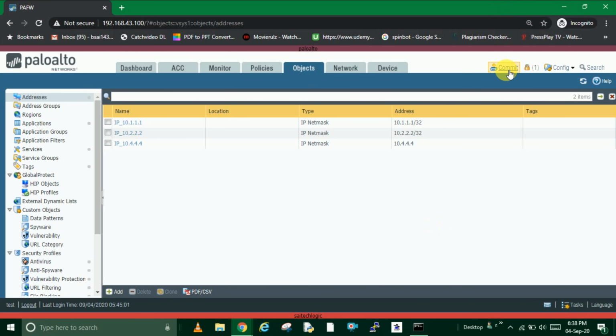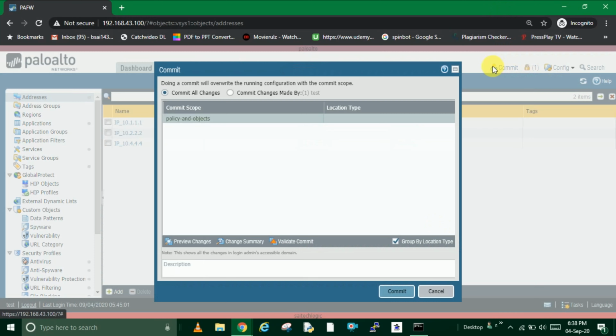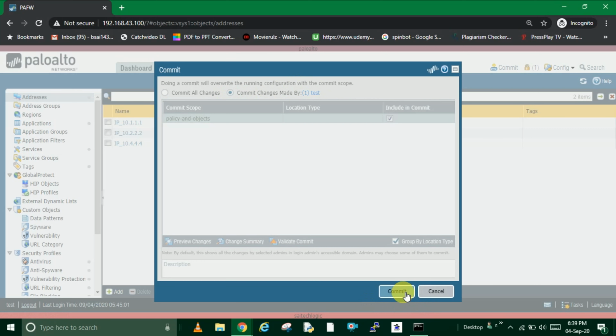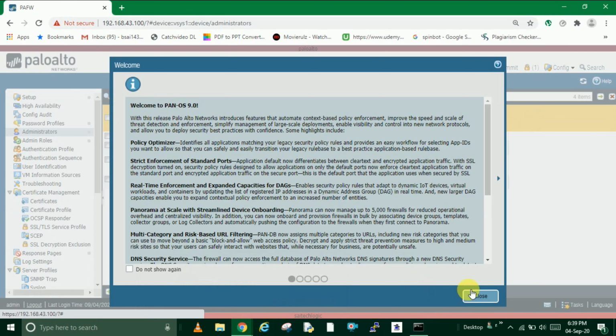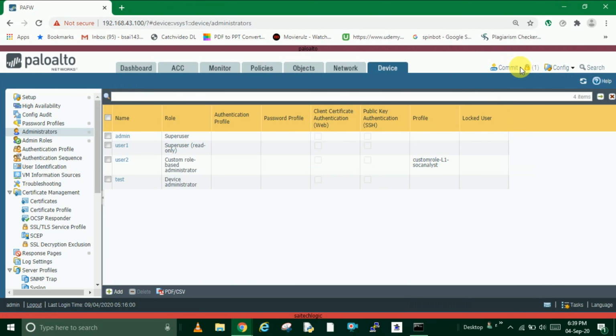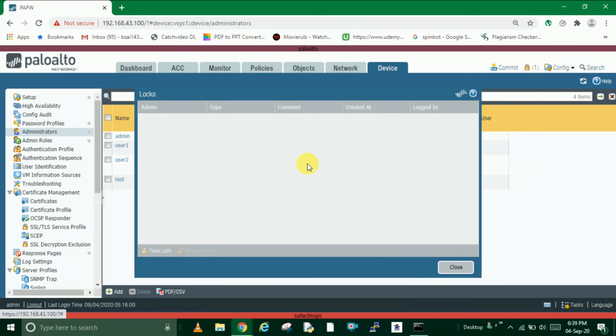Now try to commit it. So commit made with the particular user and commit. So other administrators are holding device wide commit lock. Okay, so since this admin has configured the commit lock here, you are not able to change.